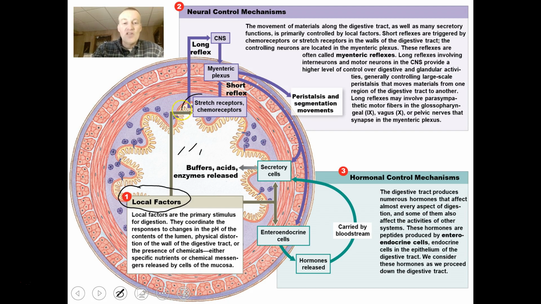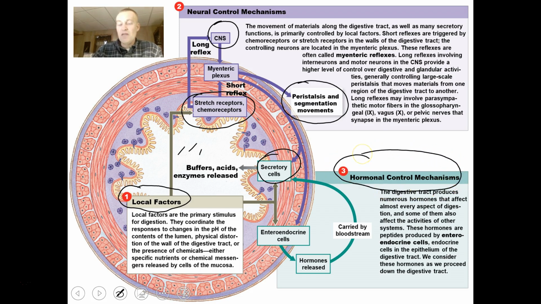So you can see there's chemoreceptors and stress receptors in the walls of this alimentary canal, and these reflexes are going to trigger the central nervous system, either the spinal cord or literally the brain, to cause peristalsis or segmentation. We'll look at segmentation in a little bit. So it causes movements of those muscles. Also, it can cause secretion of various kinds of buffers, acids, or enzymes to be released into the lumen of the canal. We also have hormones that will also be involved in